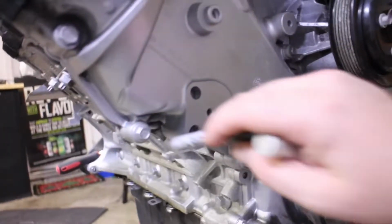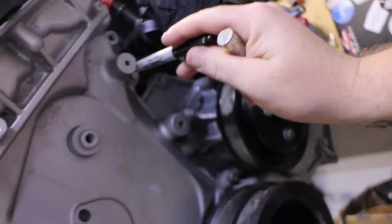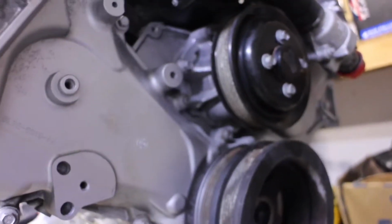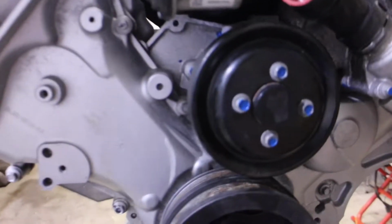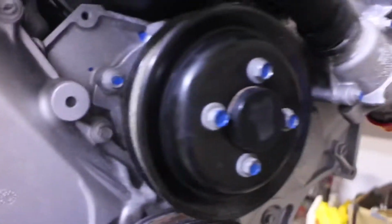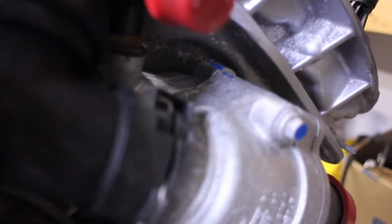So again, if you want to mark these bolts, you can. And then you can also mark these bolts. You can have your timing cover blue, and then you can have your water pump black. So you can see I went ahead and used the blue for coolant, for water. So blue, blue. I've even marked back there on the engine itself, the water pump,